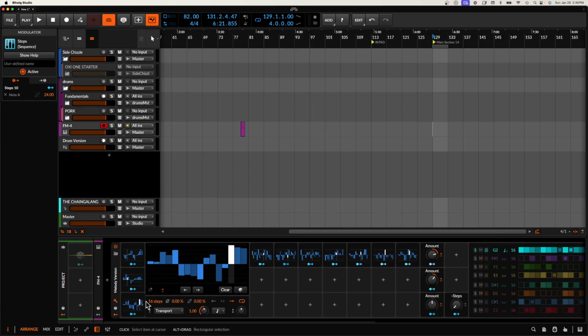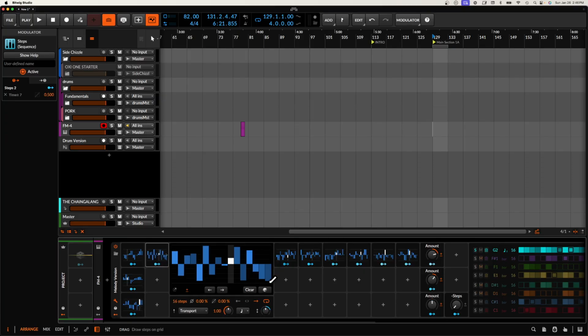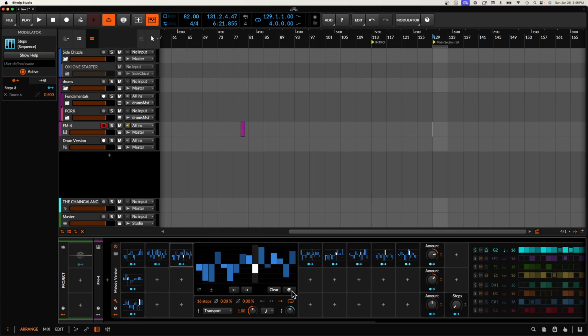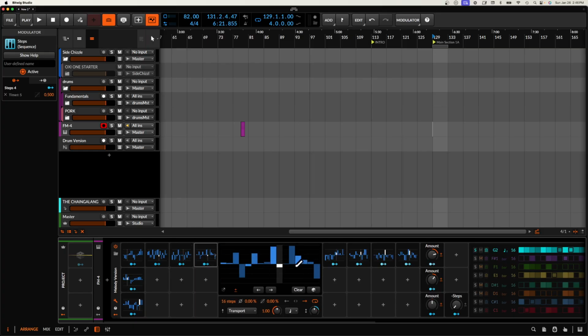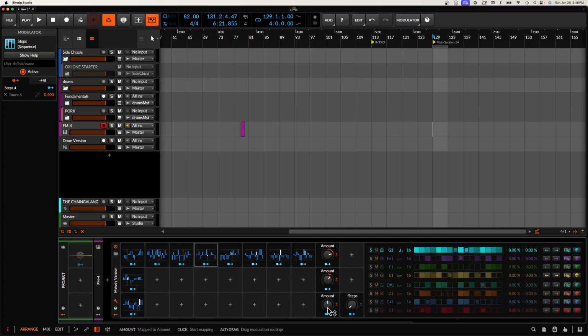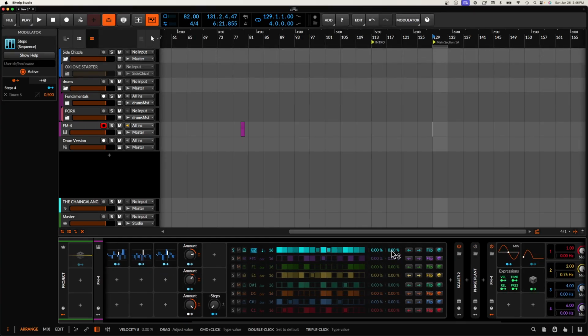The reason why I like to do it like this is so that I don't have to open up every single one and be like, change this one, change this one, change this one, because it's very annoying, right? So now that we have that though, we can push the amount up to 24 semitones. And what's cool about that is this is going to start to create a melody. So if we turn scalar off, it's going to be wild, but